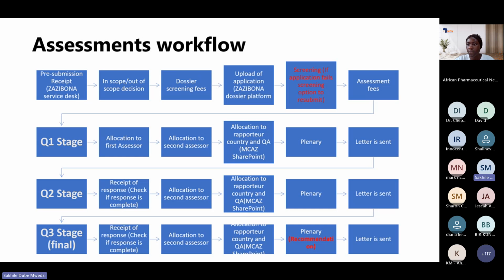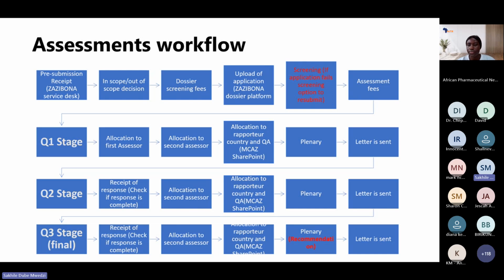After this, we then would convene a joint assessment session. And in that joint assessment session, we again have experts that now come to the table representing their member states. So we will have 2 people from each of the active member states who sit now in the plenary to again hear the presentation of this product that has been assessed, first of all, by the first and the second